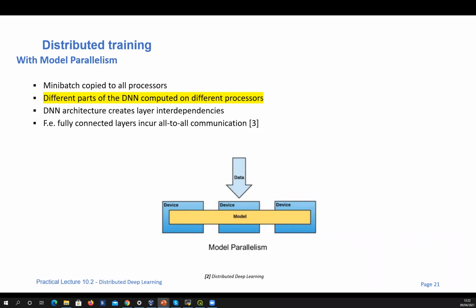Rather, you split the model itself. And it's not a surprise that you can understand why this is much less done up to now. That's because it's much more complex to distribute a model that has many interdependencies between the